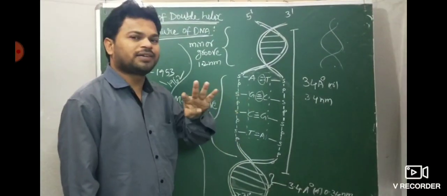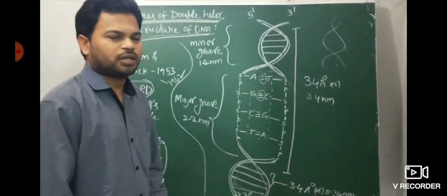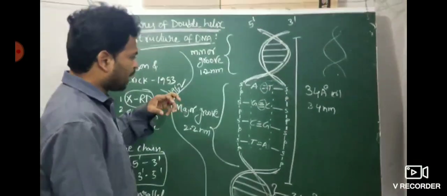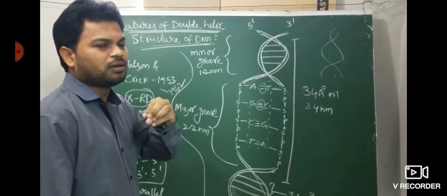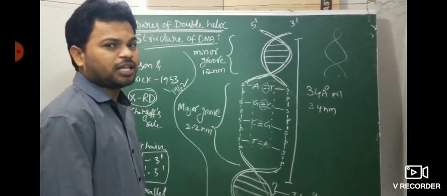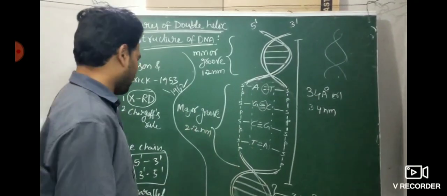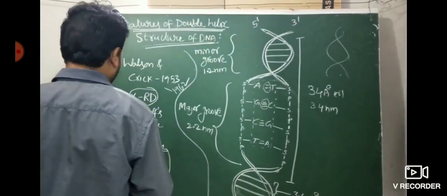Yes, these are the different types of hydrogen bonds. Now see, sometimes a question comes like this. On one side they give one nitrogen base sequence, then you write down the opposite strand sequence. Sometimes such questions come.